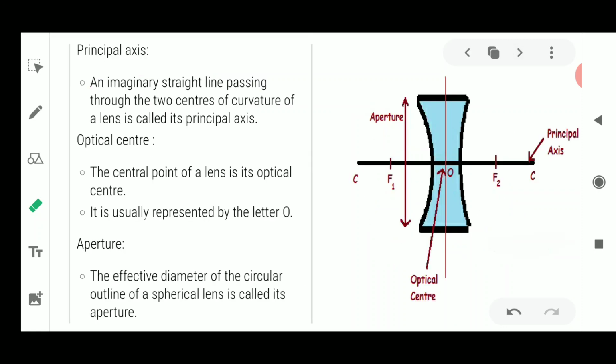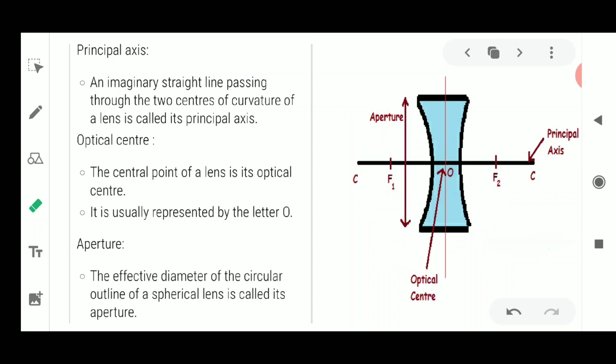The term which we are going to discuss is the principal axis. Now what is the principal axis? Don't be confused that we are discussing only the concave mirror. It is the same in convex mirrors also, where both centers of curvature are present, two focuses will be obtained, two centers of curvature will be obtained, and one optical center will be obtained. So all the things will remain the same. Fine. Okay, so next is the principal axis.